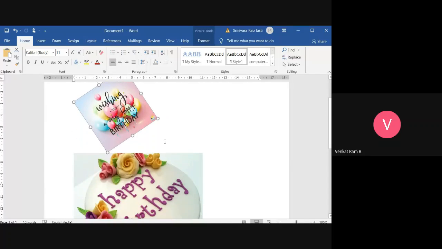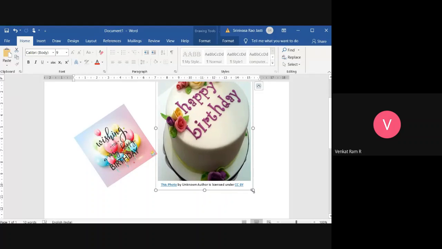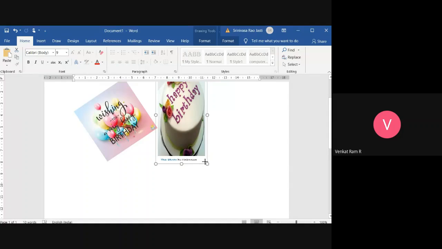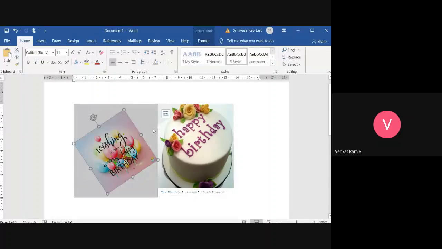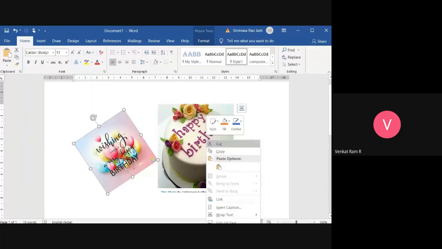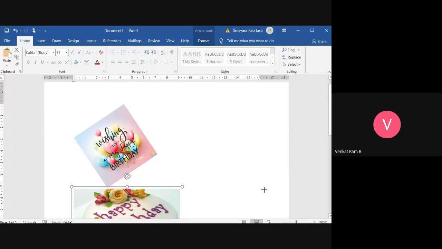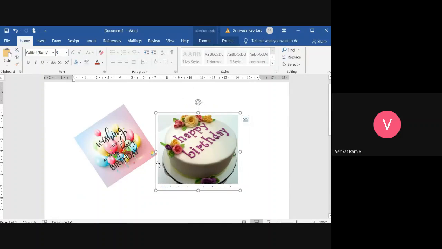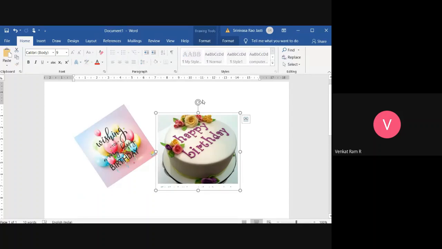Understood? I want some gap, what I have to do? So even for this also I can change the angle.